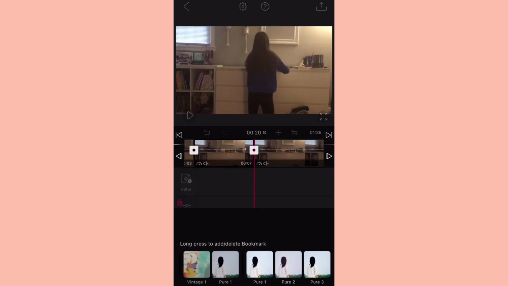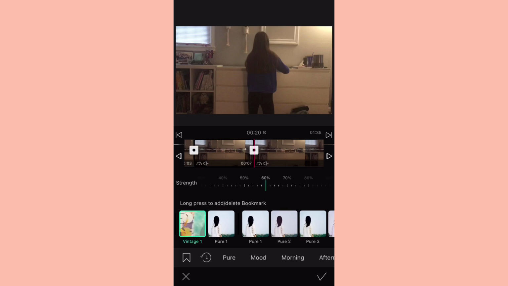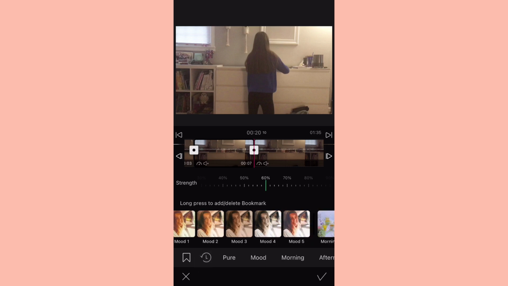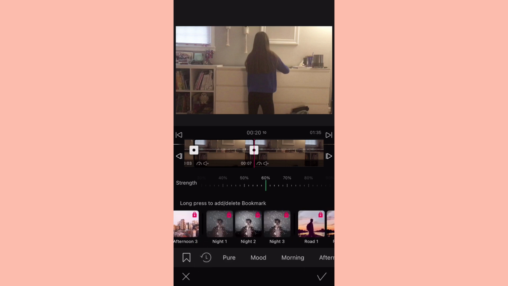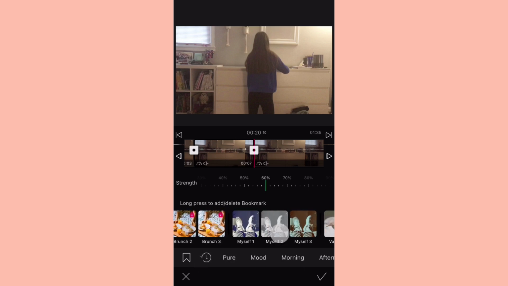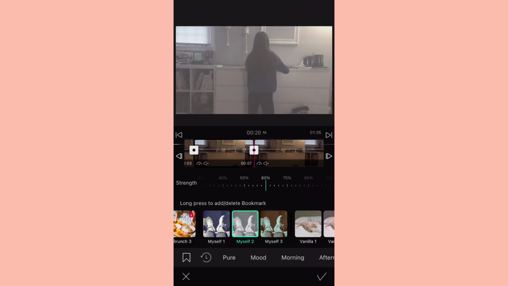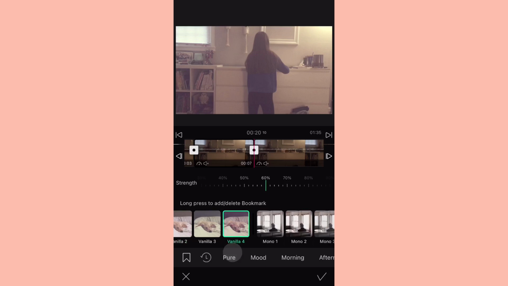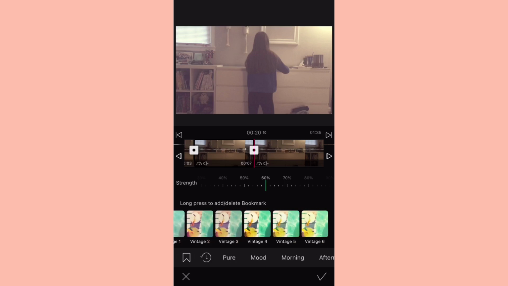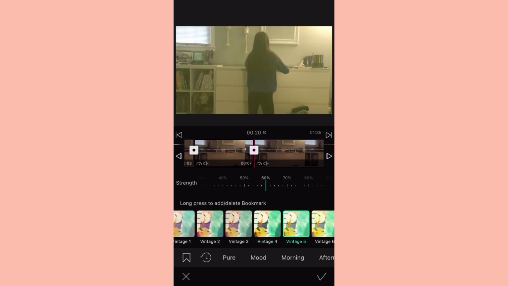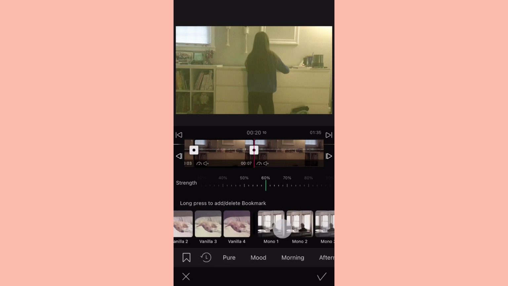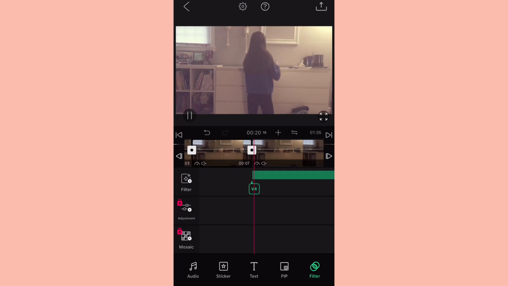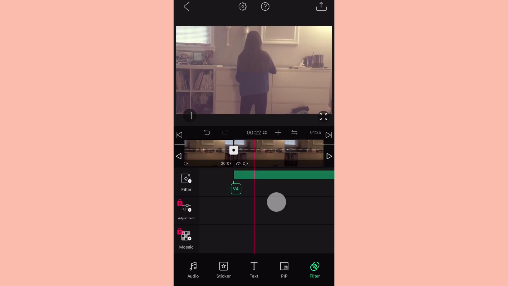Okay, so to add in a filter, we're going to go down to the filter button, and they're going to have a bunch of different filters that you can use for free. There are a bunch of other ones that are not free and they're locked, so you'd have to purchase those with a premium account, but I just like to use this, and all you have to do is click on what you want, and it will just pop right up. And with the filter, you can change it to last a certain amount of time. I'm pretty sure you can put filters over filters, and you can split them if you want. You can change the